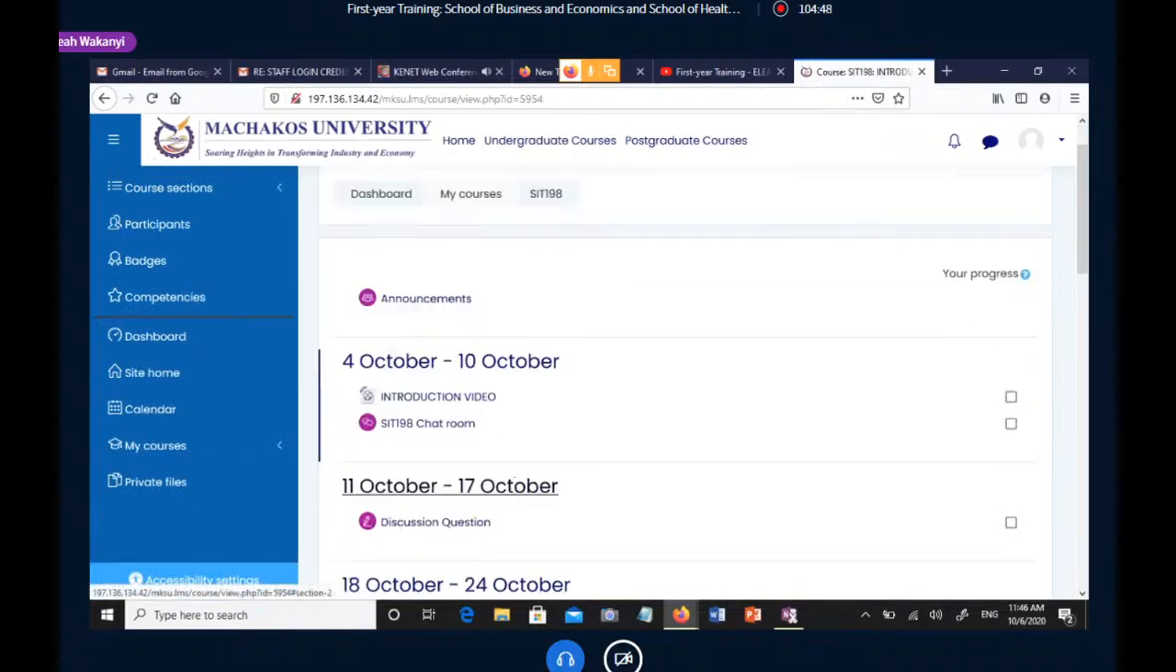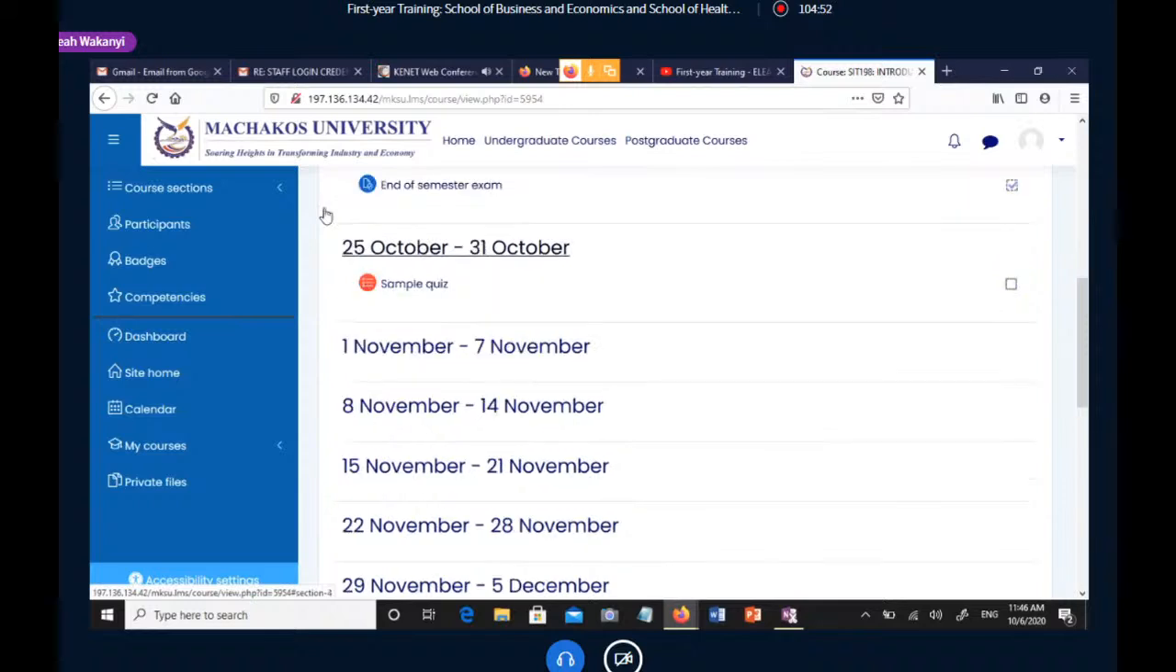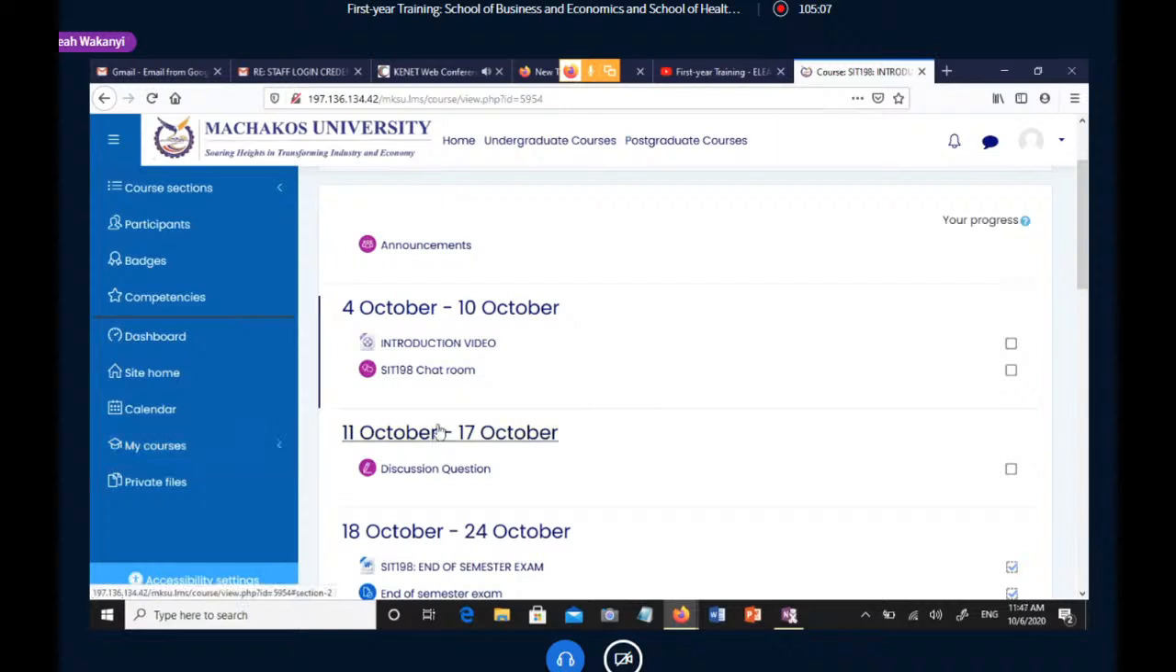Remember, these are not the only ones. You can expect more. There will be notes, there will be videos, there will be links to journals and links to YouTube videos, all those activities. But basically, this is how the content will look like. The content will be divided in weeks. There will be an announcement section where you are supposed to access the important information concerning the course,